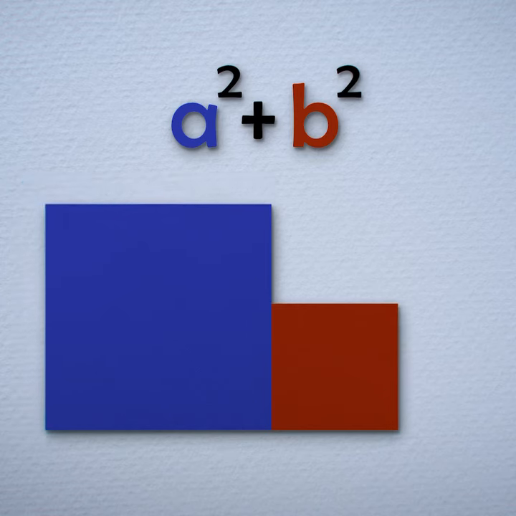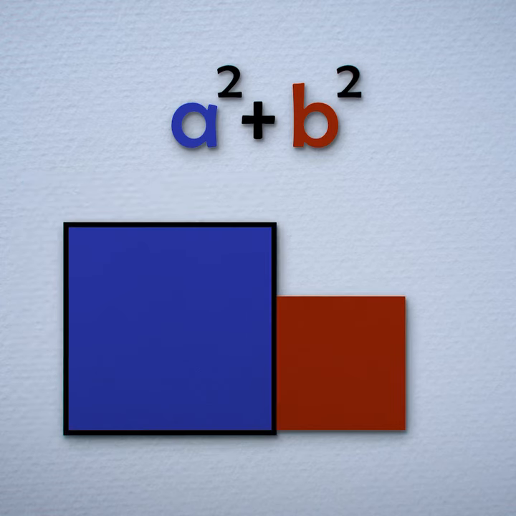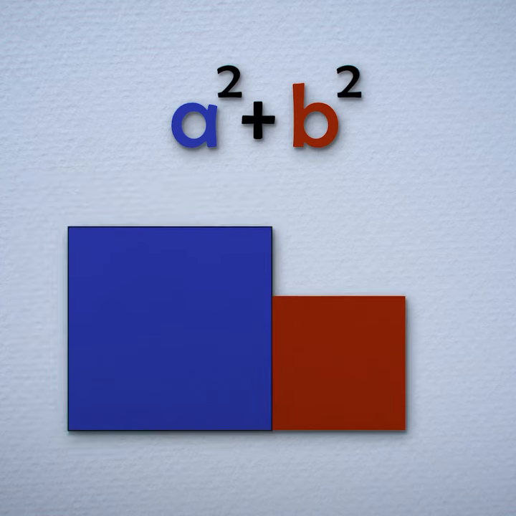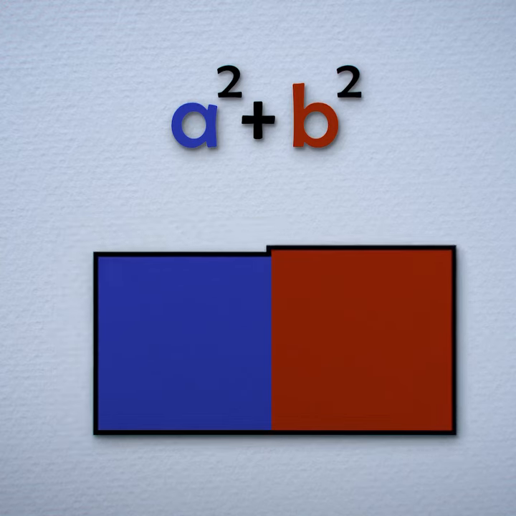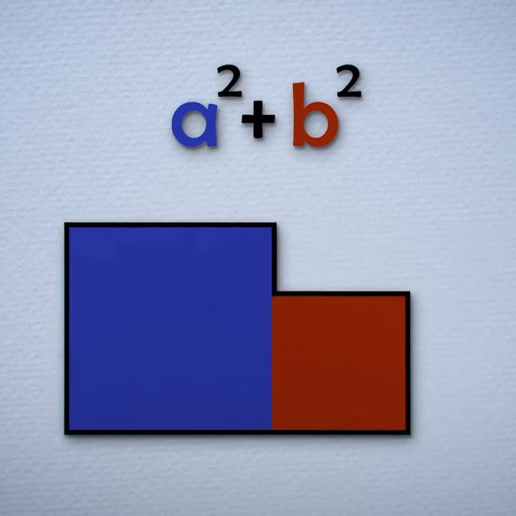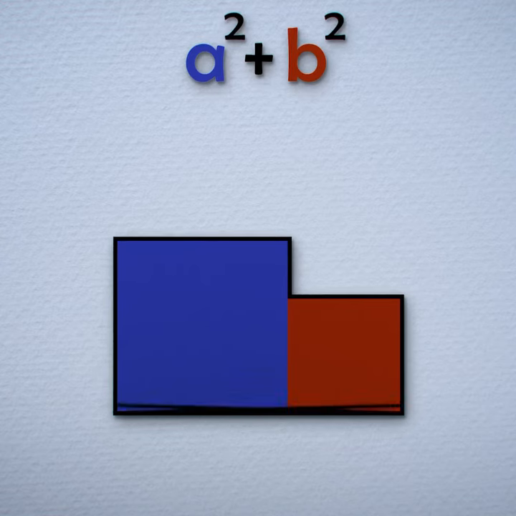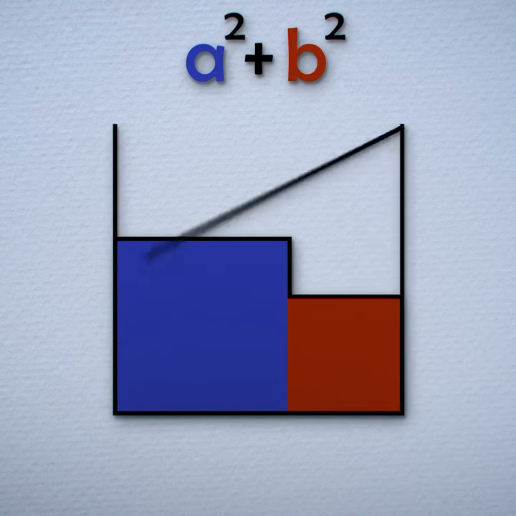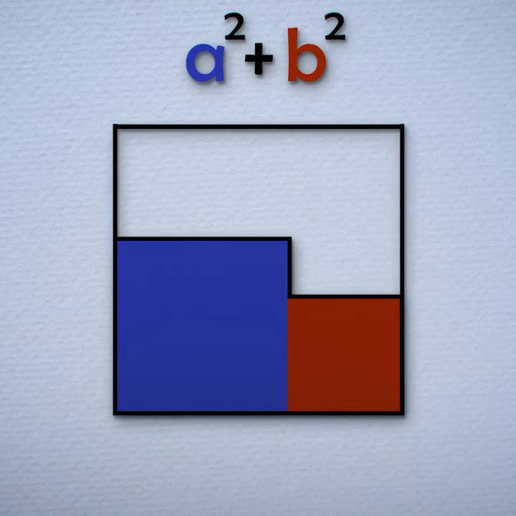break apart this shape. The area of a single square is easier to measure, but two different size squares stuck together is trickier. We can make the situation easier by extending out our shape into one bigger square. To extend the shape into a square, we had to add a length of b onto a and a length